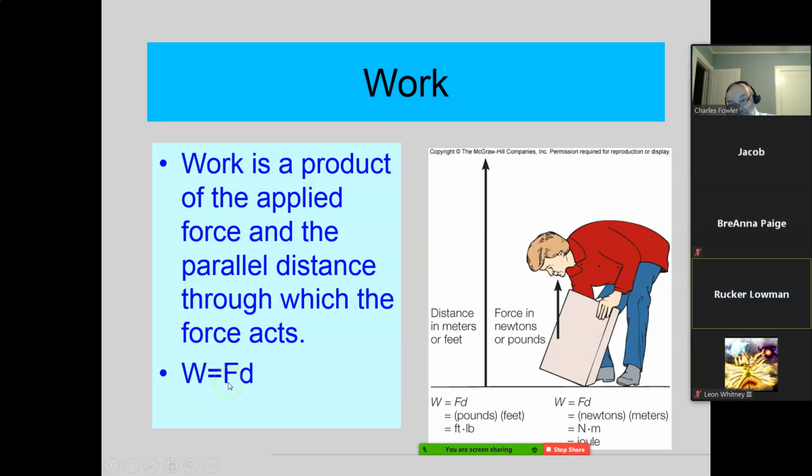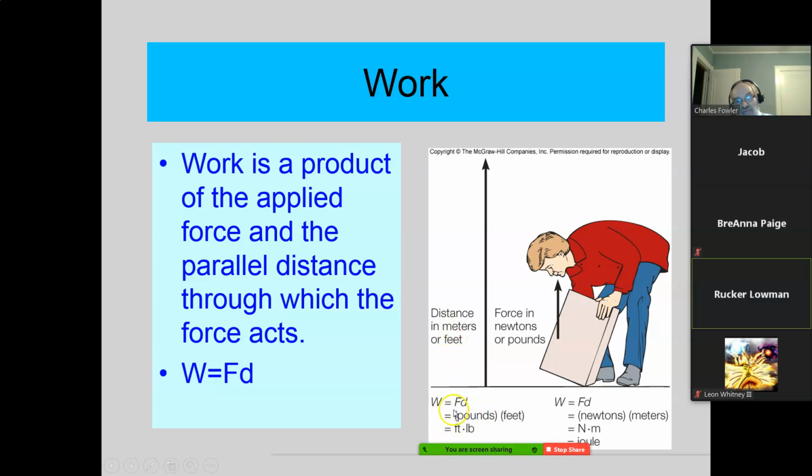Force, which is a vector quantity, times displacement, which is a vector quantity, but it's a very special kind of multiplication of two vectors. It's called the dot product. Okay, we're not going to get into that, but that produces a scalar number. Okay, so in the U.S. customary